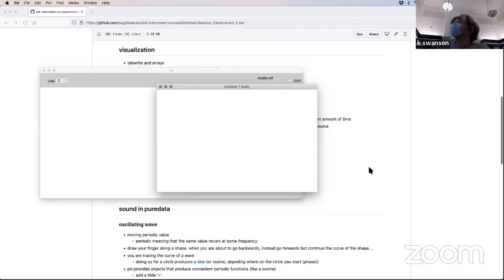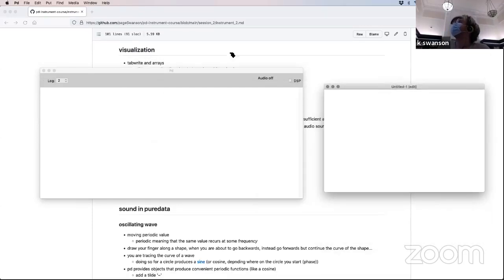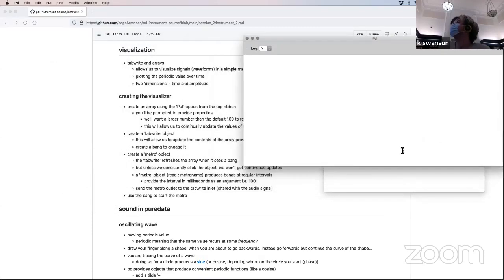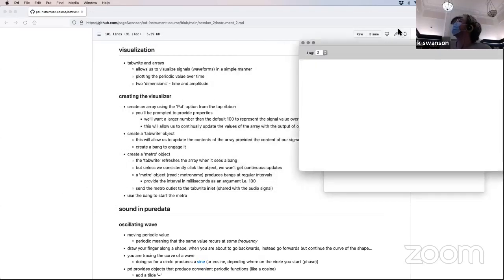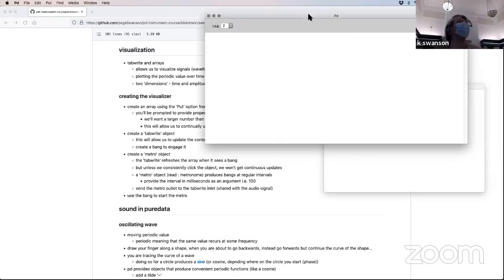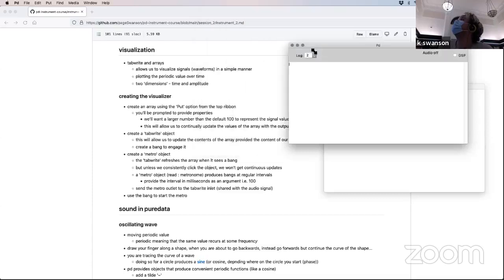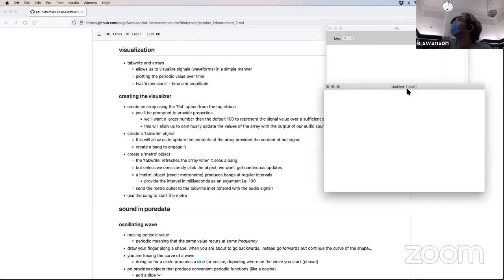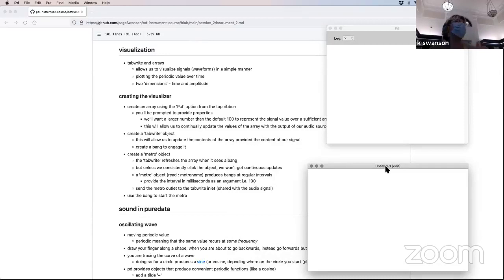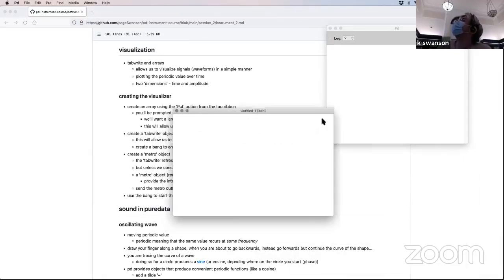So last week we talked about the basics of PD and how it works. I won't delve too much into that aspect of it because I have those notes available if you want to look back. But what I will do is walk through all of the tools that we're using at a minimum, so you'll still produce this instrument and know what's going on. But I definitely recommend taking a look back at those older notes so you can see how things are actually functioning under the hood a little bit. Okay, so to start off,